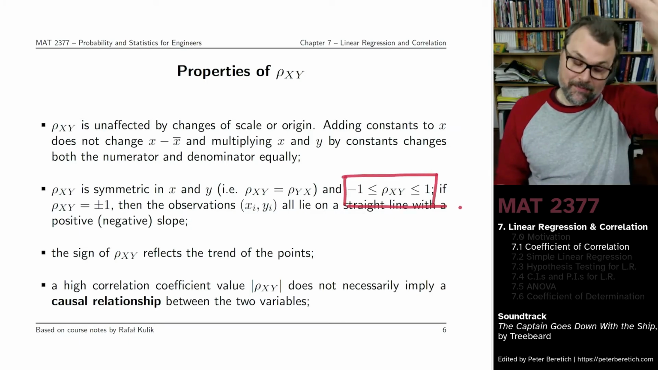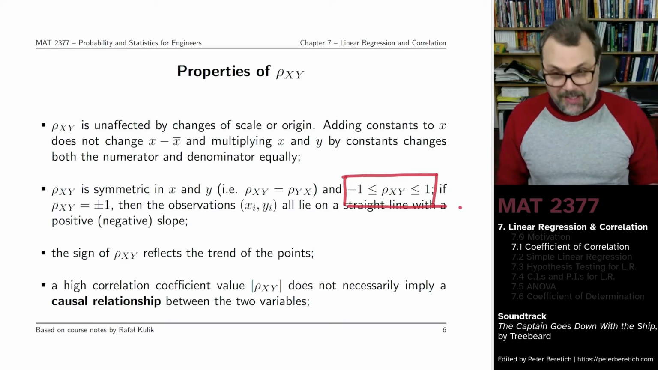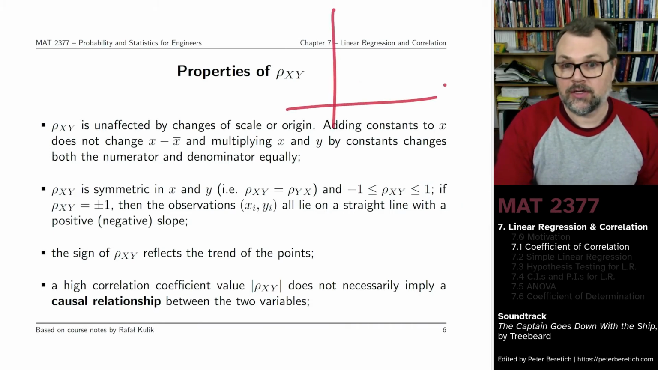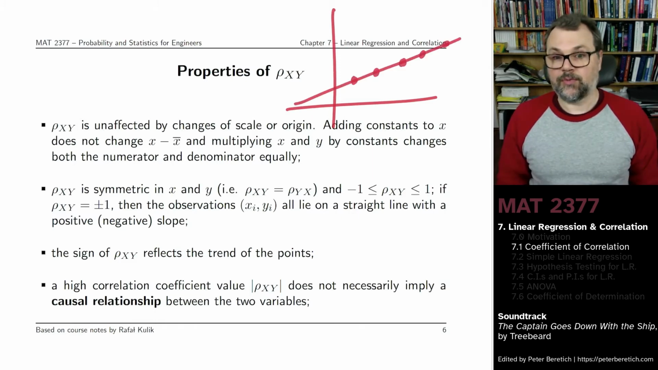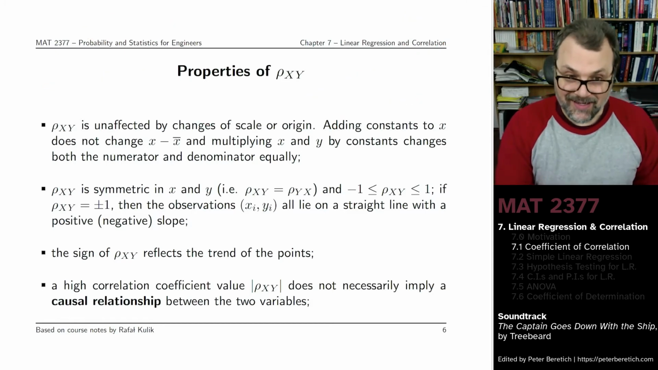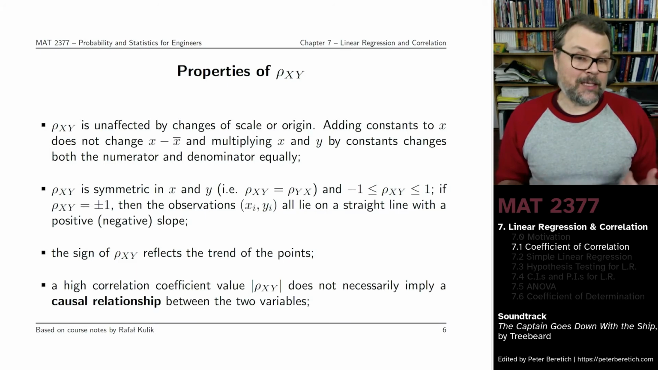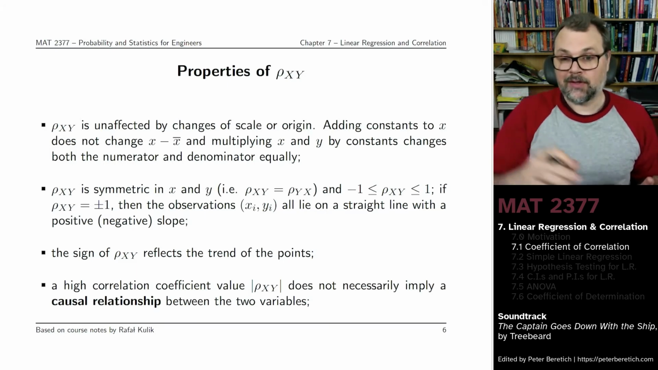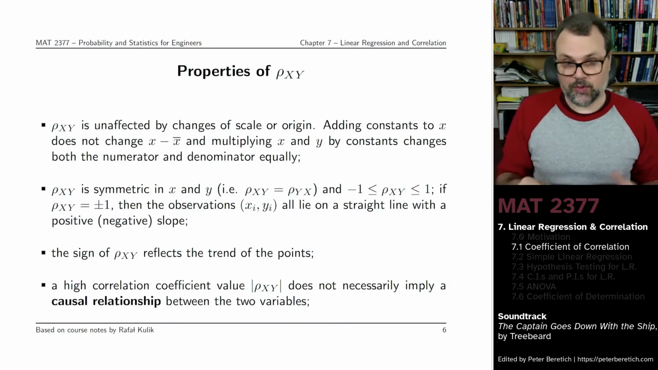And the only time it can take on the extreme values, -1 and 1, is if all of the observations are actually on a line, with either positive or negative slope. The correlation here would be 1, whereas the correlation here would be -1. The sign taken by the coefficient of correlation gives you an idea about the trend of the points, whether the points are trending upwards, so when you increase x, does y increase, or downwards,